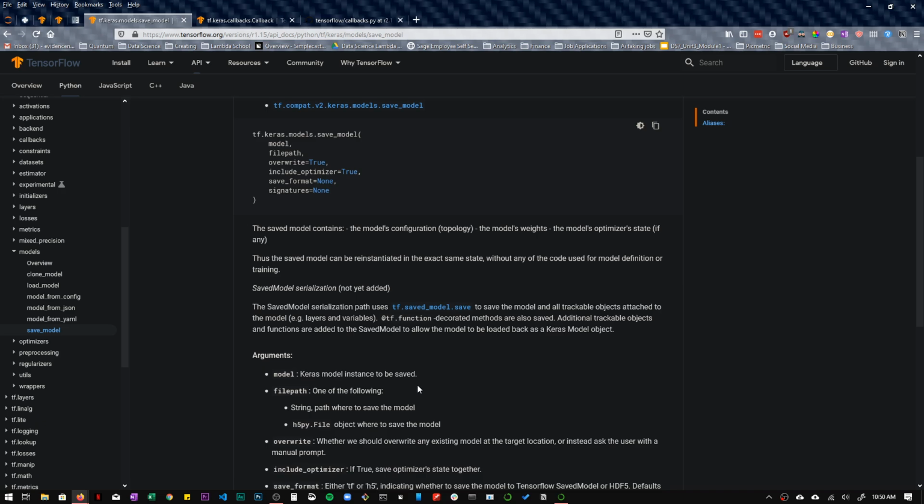I was looking at something earlier that shows how to save a model. I just need to find it.